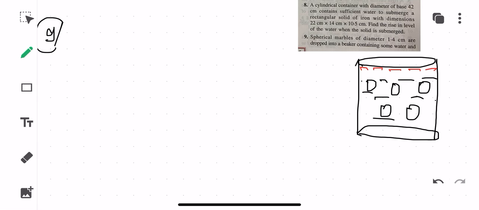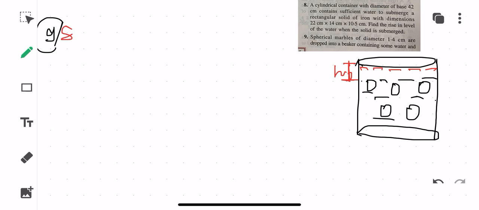Okay, so this is what is there, and now you will be looking into the things that are there. So I'll be writing down now. Write down: this particular height is h. Suppose this particular height, that is the rise in the level of water, you will be taking h, and that is the height that we will be considering.